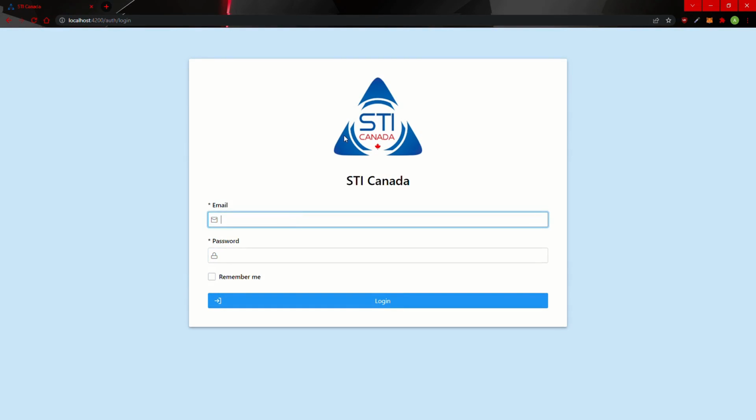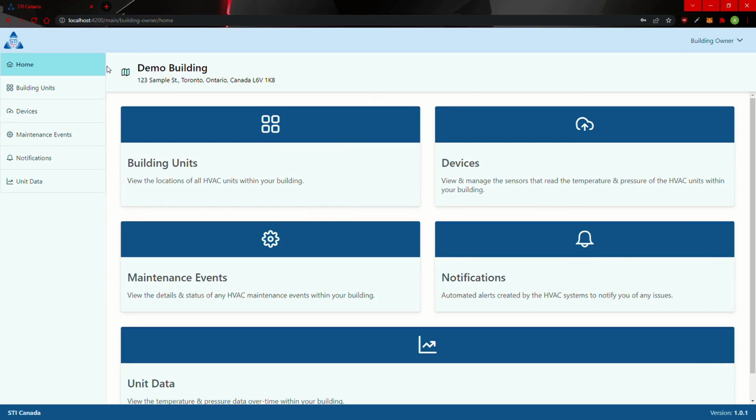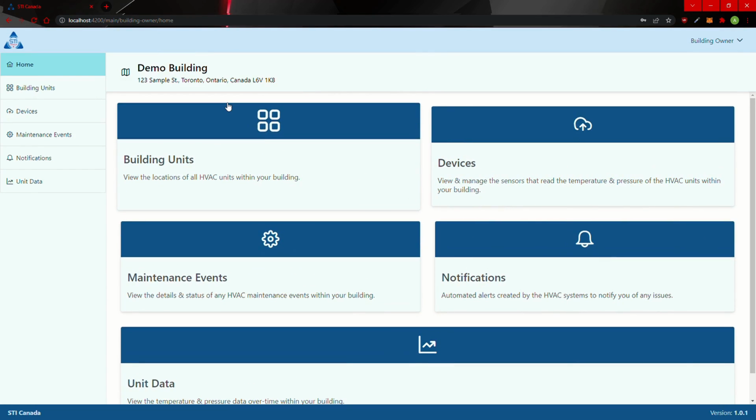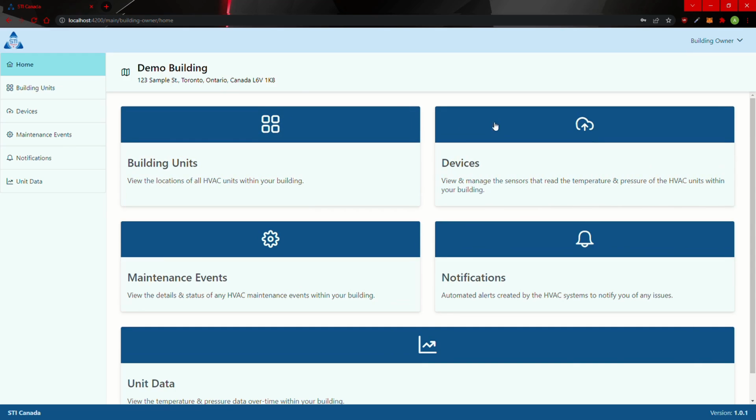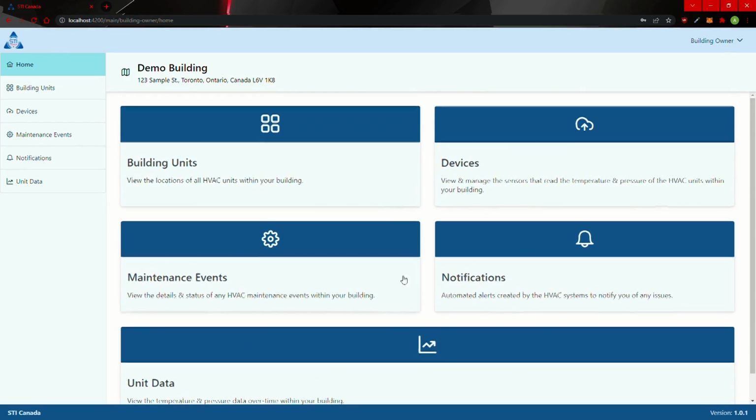We'll now log in as the building owner role here. Let's log in there, and you can see building owner, like we saw before, is assigned to demo building with that same fake address. And we have a dashboard here. So this is where the owner of this building can manage, view all the different information about devices and areas in their building. All of this dashboard here, these all map to these